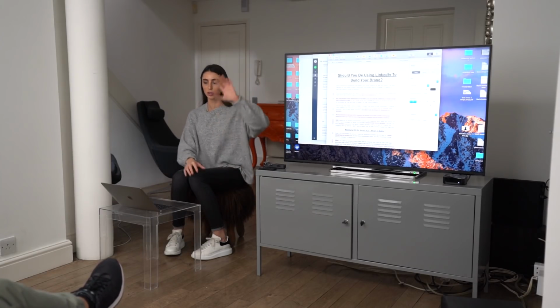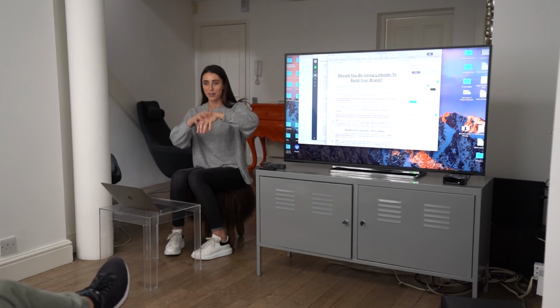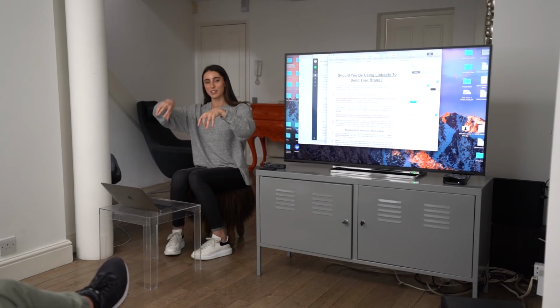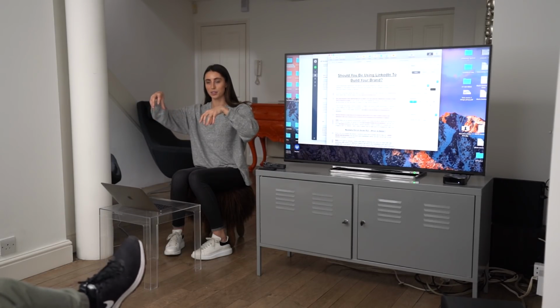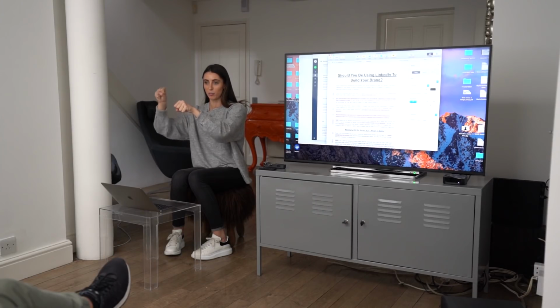So once your profile is optimized, you've built your network to at least 500 plus connections that are relevant to your niche, and you've put the content strategy in place, so you're posting all the relevant content in the right places, then you want to get a B2B tool. You want to have some sort of automation. Before you use the automation, you want to have Sales Navigator. So those are the 2 expenses you're going to need: Sales Navigator and then a prospecting tool.